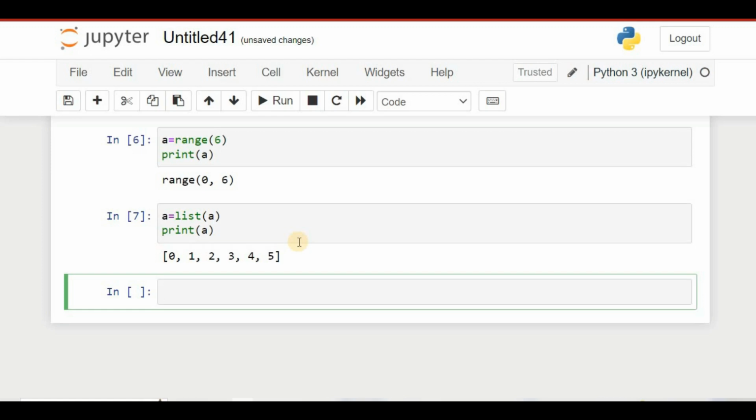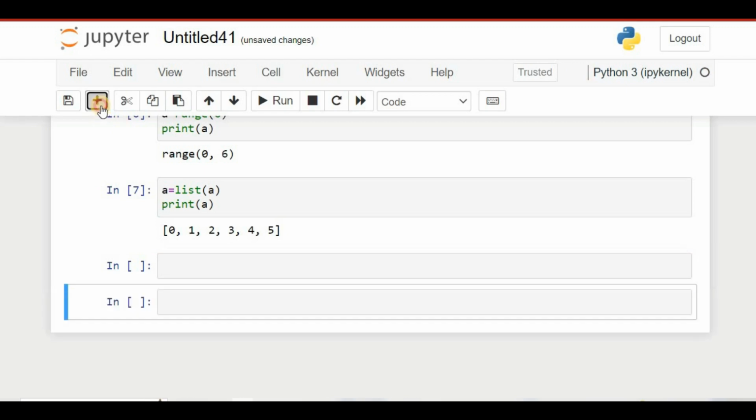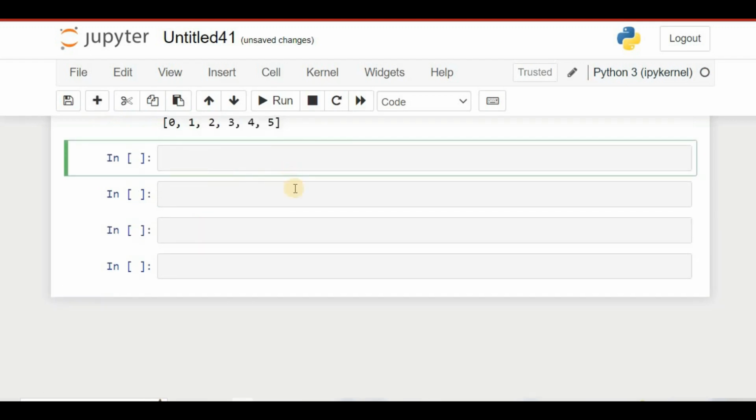Range has 3 parameters: the first is the starting point, the second is the stop point, and the third is the step. Step is basically the increment you want to give. Now we will create another range here. I will add some cells and take B, and here I will take a range and give 0, then 11. So 0 is the starting point, 11 is the stop point, and this time I will give the increment 2, and then I will print